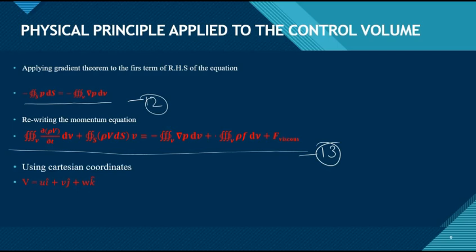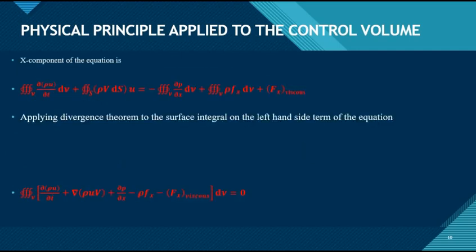Now, as I said, this equation that we have got is in the vector form, which means I can write it for 3 different directions, right? And if we are considering Cartesian coordinates for the velocity, which is denoted by capital V over here, I can write it as ui cap, vj cap, and wk cap. Writing in that form, my x component of the equations looks something of this sort,